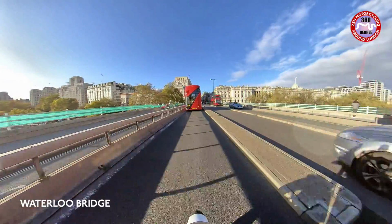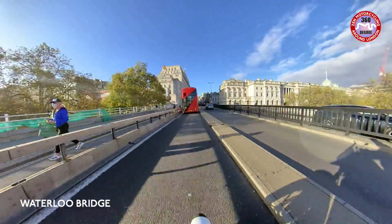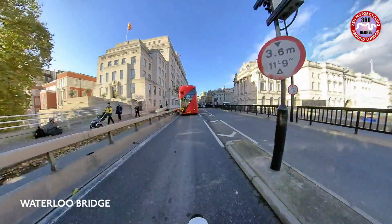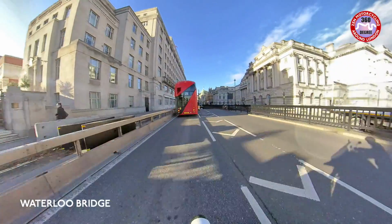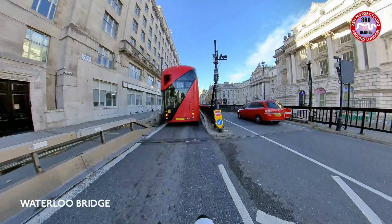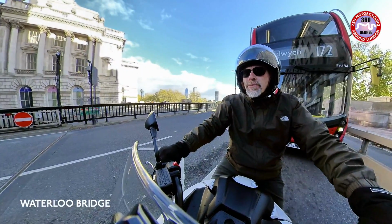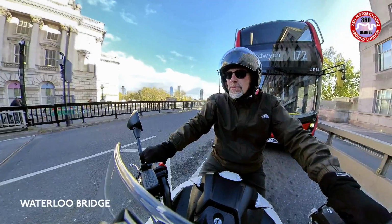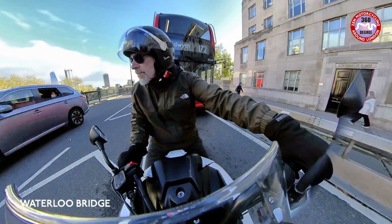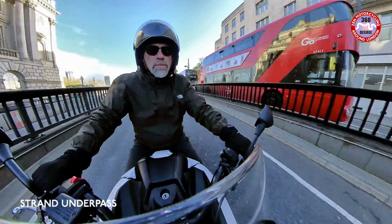Waterloo Bridge is a perfect photographic location for views of the city on the right and looking left down to Westminster and Battersea. But it's getting harder and harder to actually get across the bridge with all these barriers. Now, I was going to take us up Aldwych, but I think that traffic looks particularly bad, so plan B perhaps. And I'm thinking, well, there's another way of doing this, so let's nip over here and we can go down the Strand Underpass,